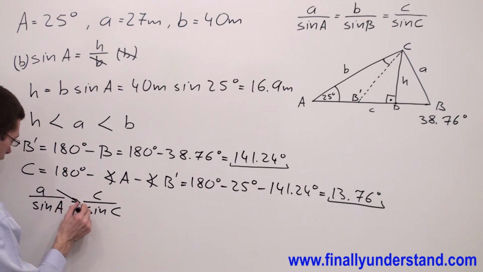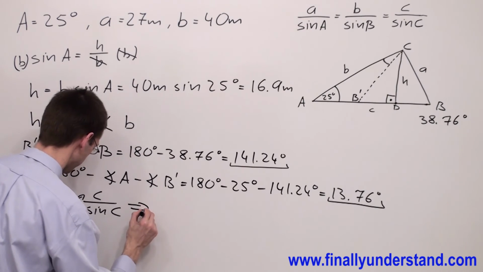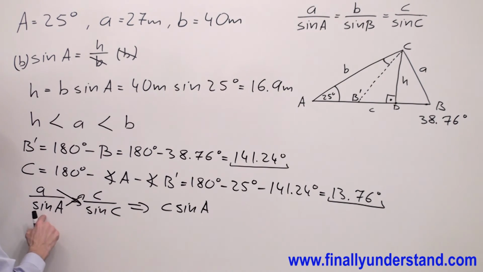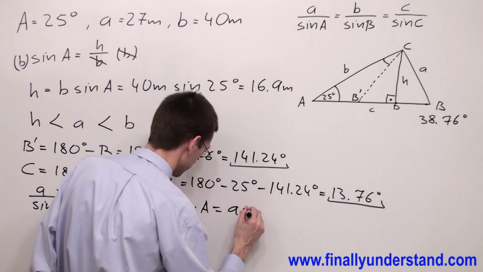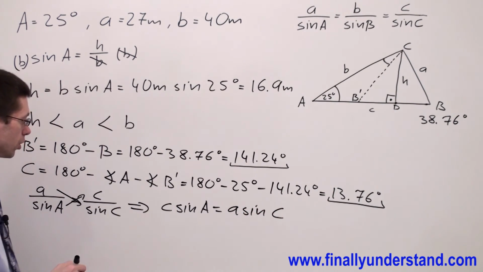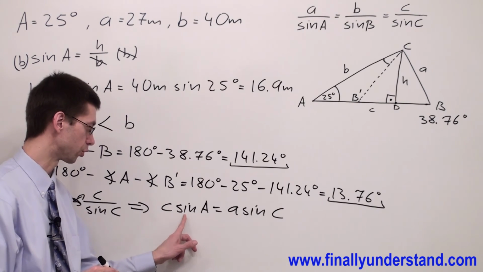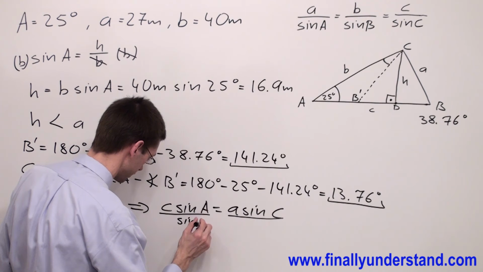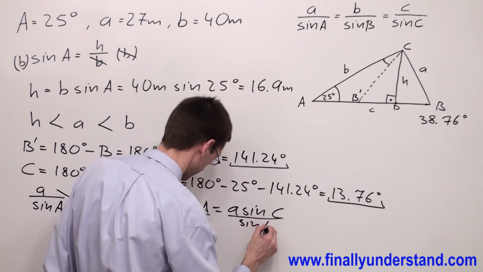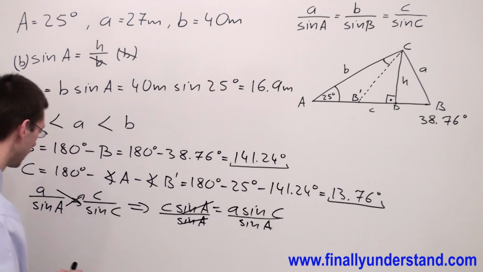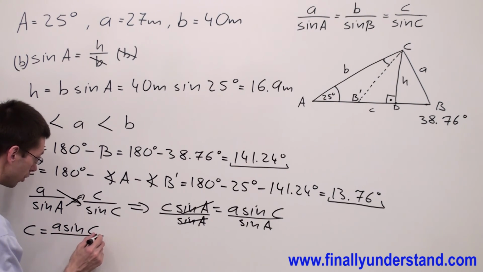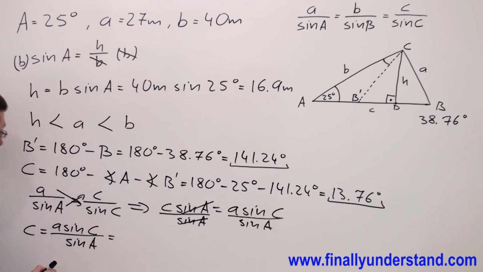Next, I'm supposed to simply cross multiply, and I'm going to obtain the formula C times sine of angle A is equal to A times sine of angle C. In order to solve this formula for C, I have to divide both sides of my equation by sine of angle A. So I'm going to have C equals A sine of angle C over sine of angle A, where A is